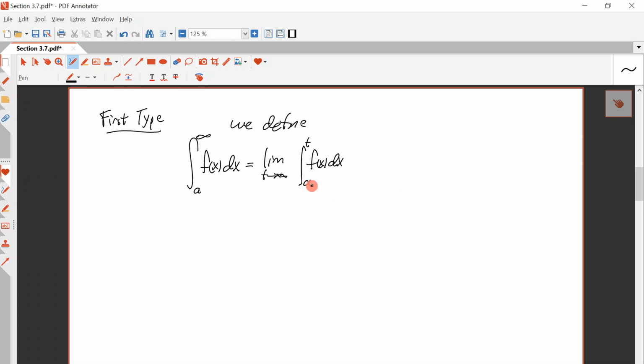Right? So the integral from a to t is all defined because t is a finite number. So you just get an answer for this in terms of t, and then you let t go to infinity. And that's the way we define that. When the limit exists,